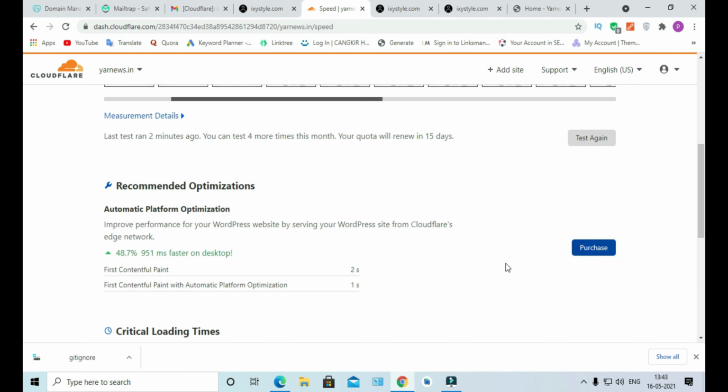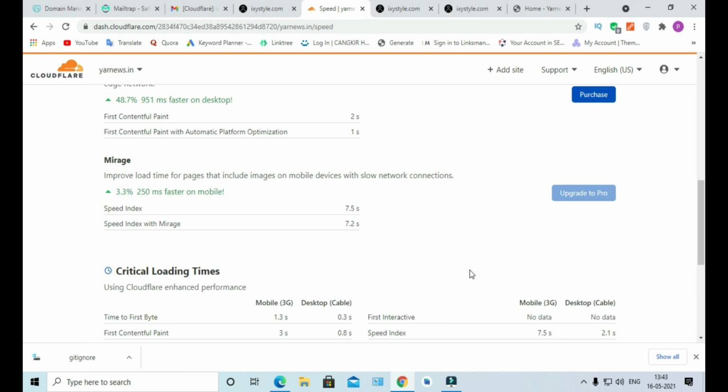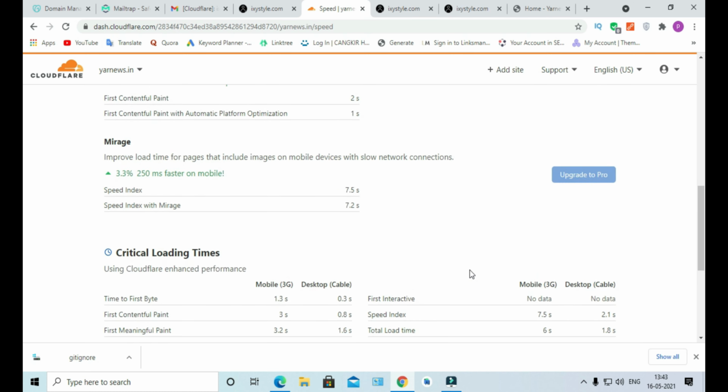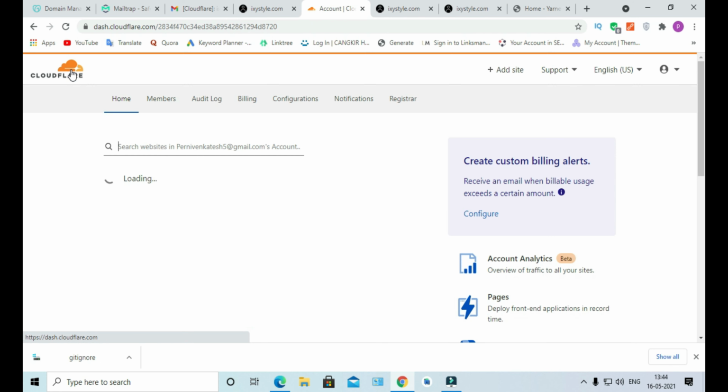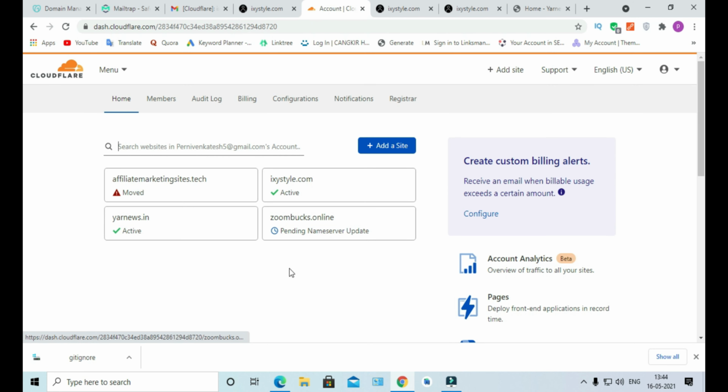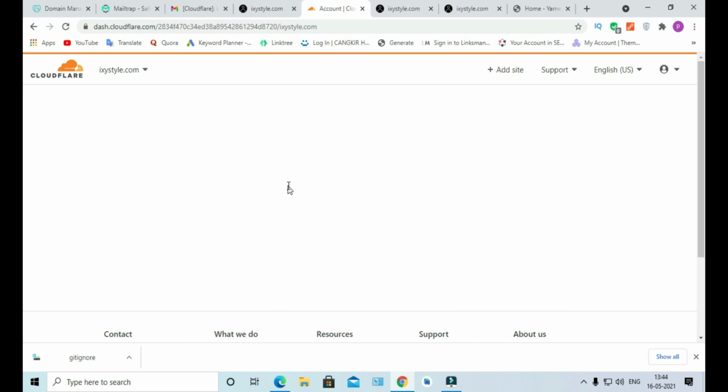You can go for it if you want, but if you are at beginner level, you don't need to worry about that. Cloudflare is a free site that provides services for free, for those at the beginning stage. And you can see that I already have xstyle.com.